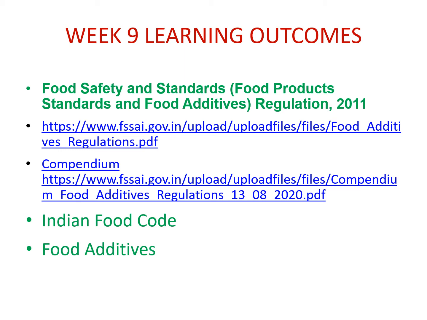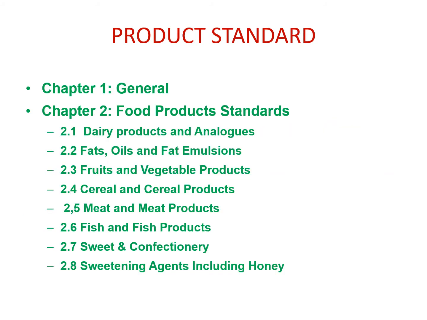So in this week we are going to study the product standards, then the food code and food ethics. Now, here is how the product standards have been presented. It is interesting to know that chapter 1 is general, and chapter 2 is where all the product standards are, given in a systematic way. The first one is dairy products and analogs, 2.2 is fat, oils and fat emulsions, 2.3 is fruits and vegetable products, then cereal and cereal products, 2.5 is meat and meat products, then comes fish and fish products,